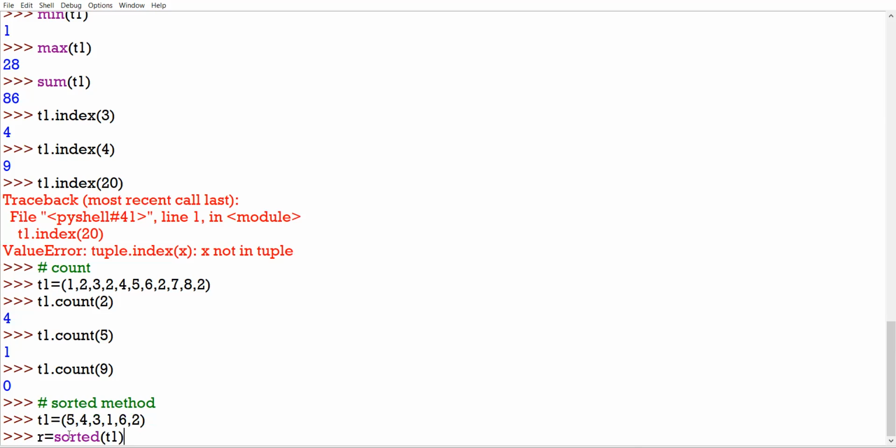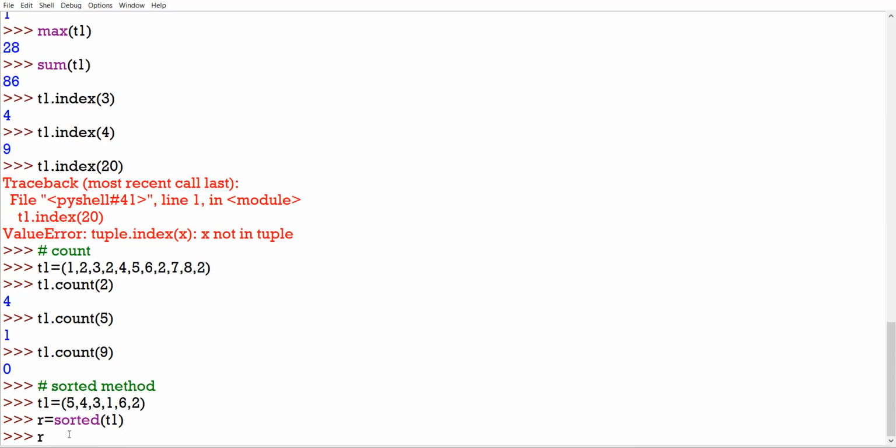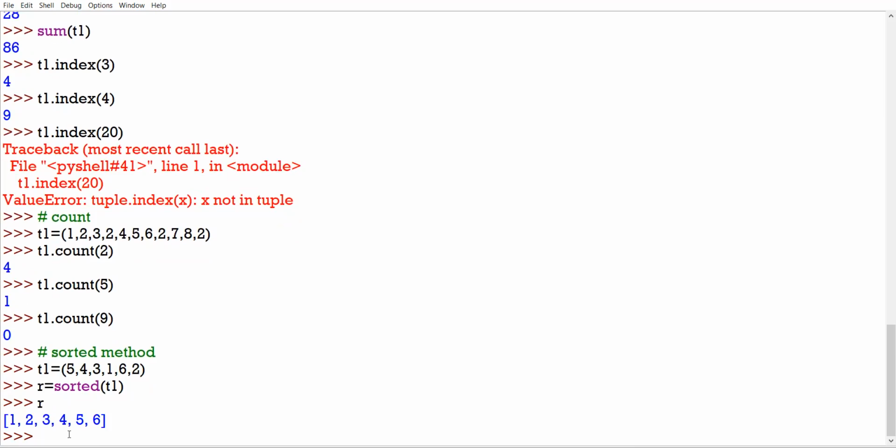And I assign the result to a new variable R. When I print R, it will be printed in the form of a list. Remember this point. The result given by the sorted method will always be in the form of a list. And it is sorted.